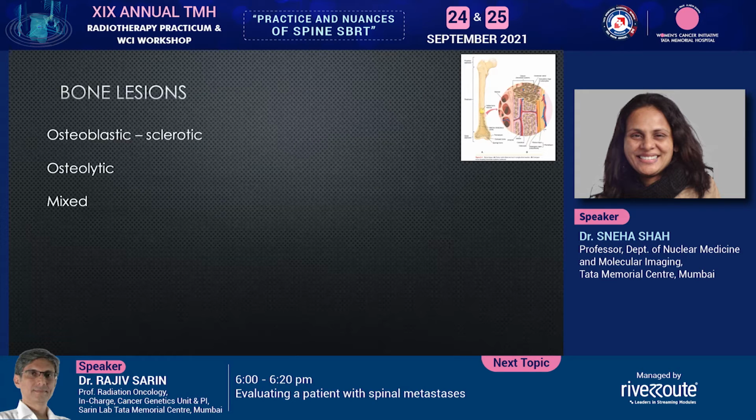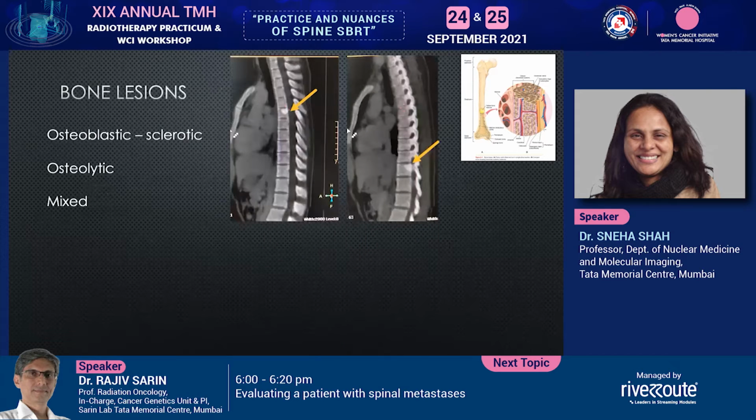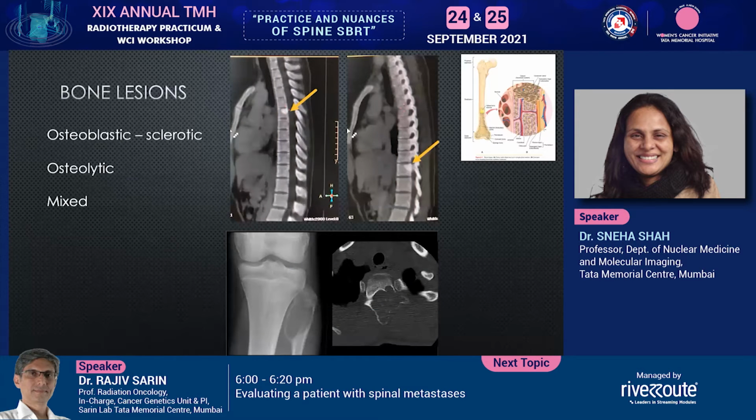So because we are discussing functional imaging, what is the function of the lesions that we see on a bone? One could be an osteoblastic lesion, which is called sclerotic, where the osteoblastic function is increased. Then there is the osteolytic, where the osteoclast function is increased and it is visualized as a hypodense lesion, or a mixed lesion, where you could see both. And since we're discussing functions, how you would evaluate the function of all these lesions in a nuclear medicine department is what we are going to discuss.